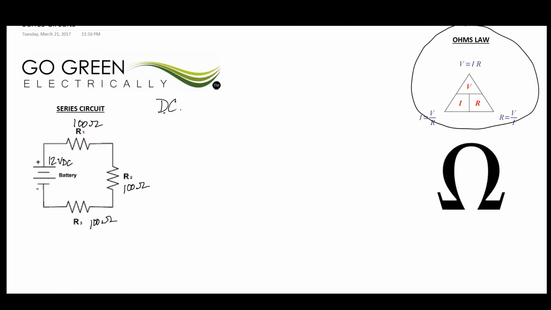First of all, we understand that DC stands for direct current, which is a battery that we have here for direct current, and electricity is flowing from positive to negative